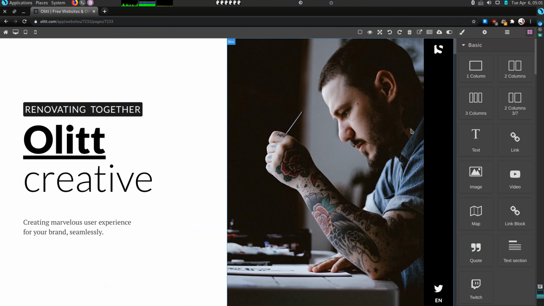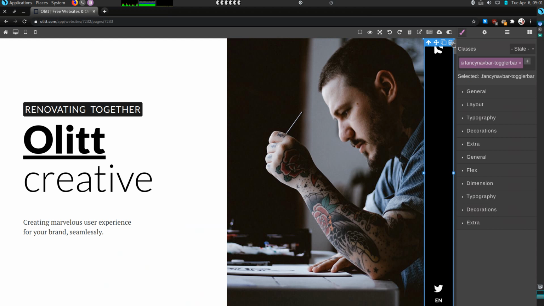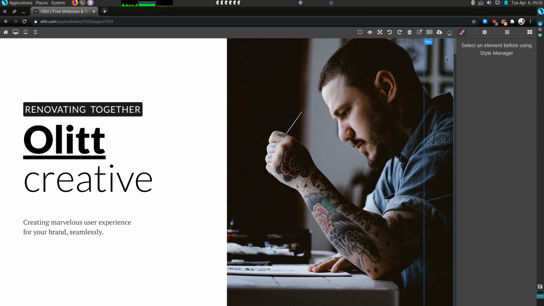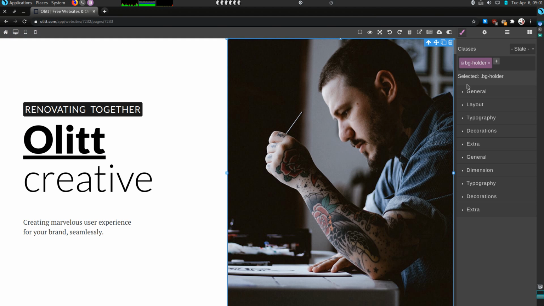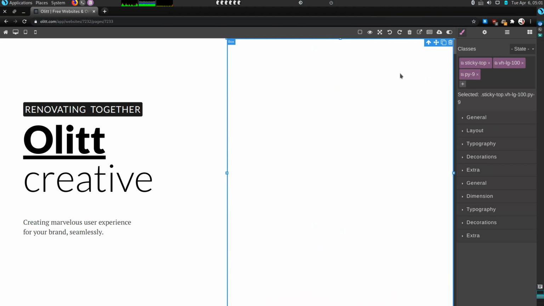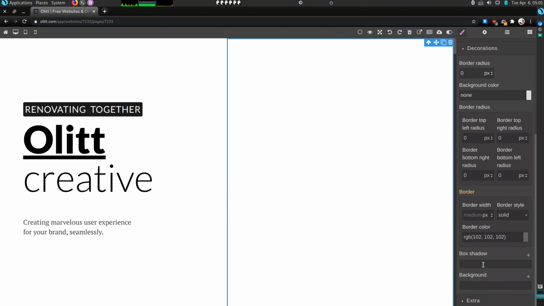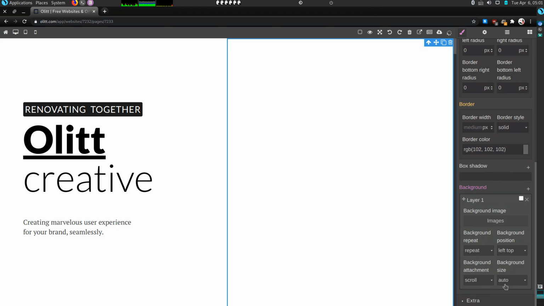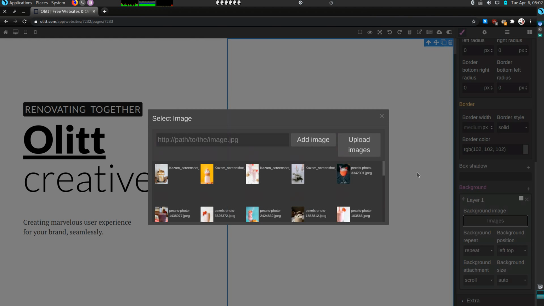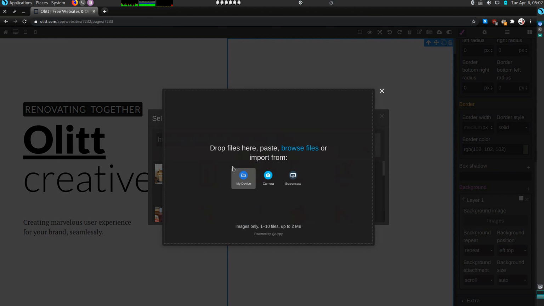So first, I'll start off by deleting this navigation. In case you want to keep it, you can just use it and edit, but for this tutorial I'm not going to use it. And I'll come to this box and delete this image. So I'll delete that and click on it again and change its background and click on add and images. So I can upload some of the images I wanted to use,